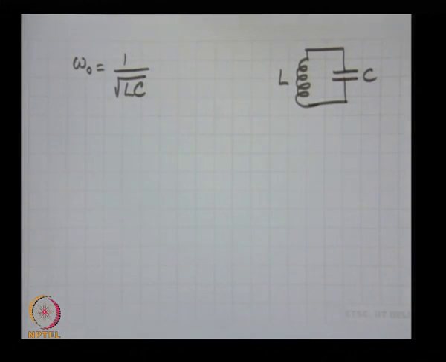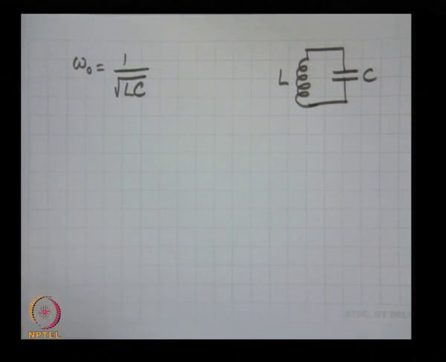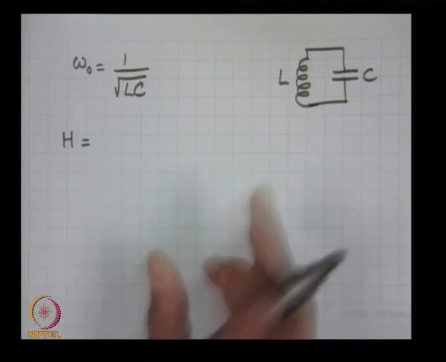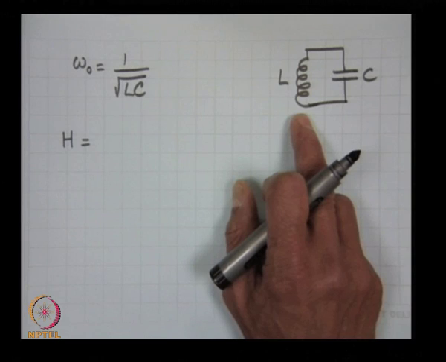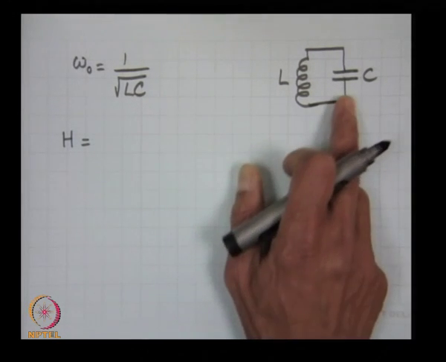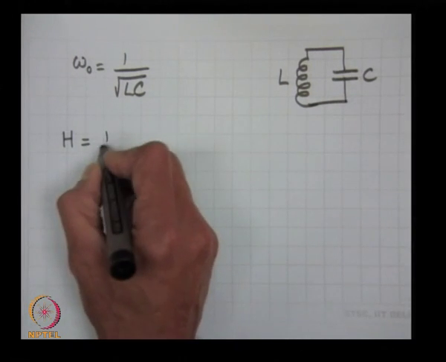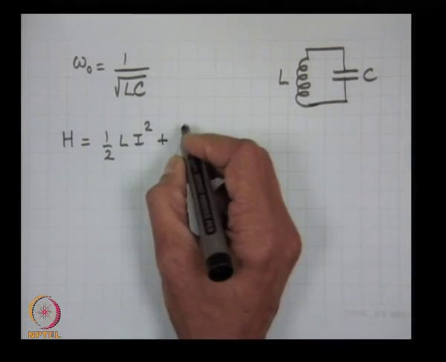Now first I want to write the classical equation and put that classical equation in a form which looks like a harmonic oscillator equation, and then I can quantize the LC circuit. So what is the energy contained in the LC circuit? The energy is present in the inductance in the form of current variation and also charges on the capacitor. So what is the energy? Half L i square plus, if I write in terms of charge,